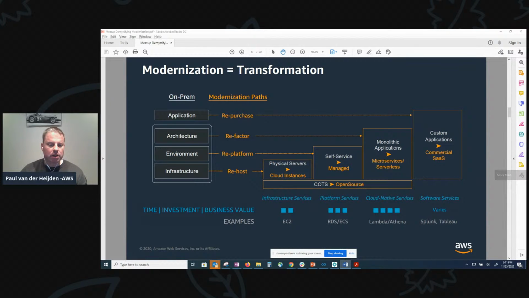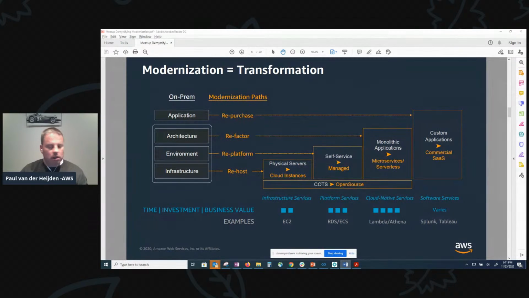Now, modernization equals transformation. Like we stated earlier, modernization is a process of progressive transformation of your legacy application and infrastructure. Depending on the application and use case or desired business outcome, we believe there are 5 key areas of transformation that we should focus on.